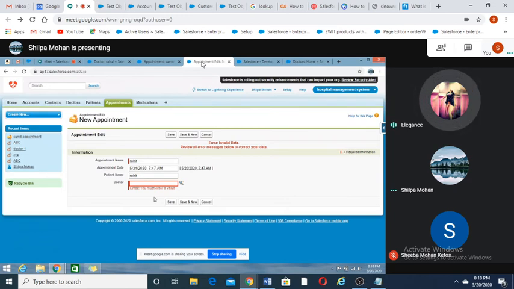So, master detail relationship is a mandatory field, and lookup is not a mandatory field. So, in lookup, if child is deleted, parent will not be deleted. And in master detail relationship, if parent is deleted, child is also deleted.